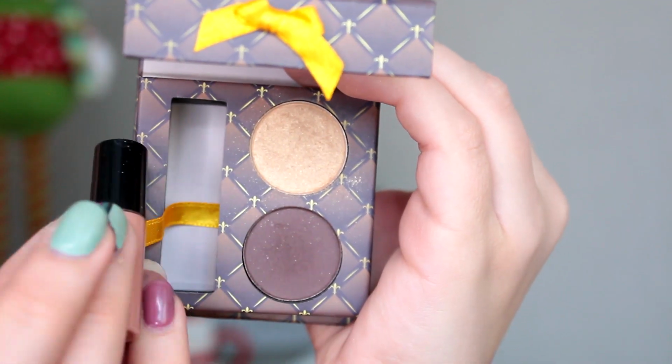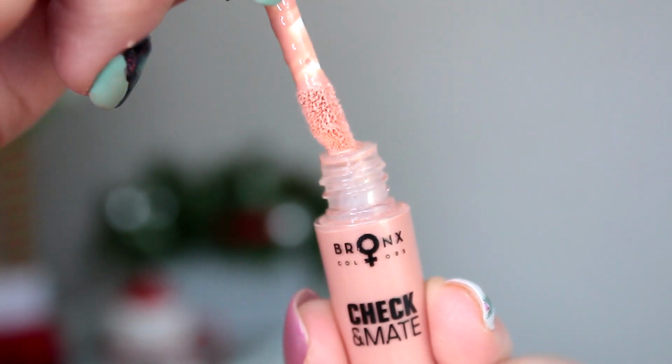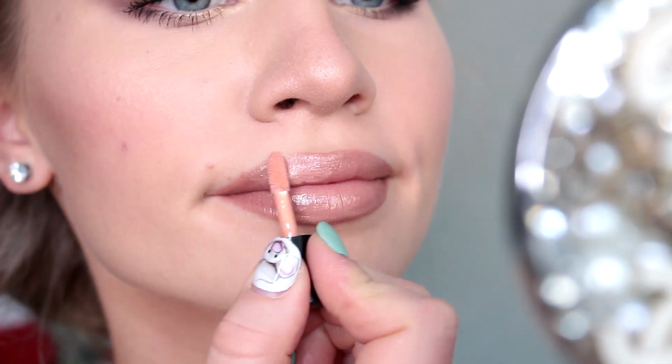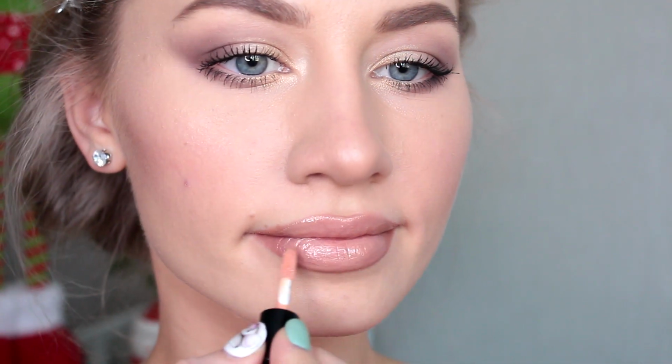Next, I'm taking light nude lip gloss from the BRONX kit. I love this beige color. The gloss is thick, that is also great because a more lasting result comes out with thick glosses, and such lip makeup can last longer than with light lip gloss. Combination of gold brown eyeshadows and glossy nude lips looks very tasty and glamorous, although all makeup is done by